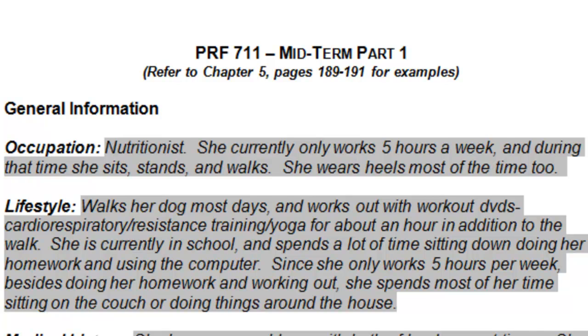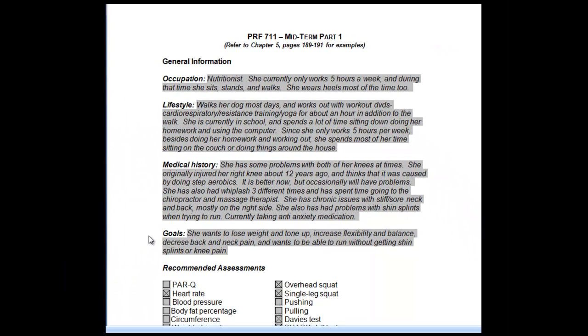So instead of saying lose weight and tone up, we could say that this client, Sally, who is a pretend client, wants to lose 5 pounds of fat and increase tone. So she wants to lose 5 pounds of fat, and she would like to be able to wear her favorite shirt and be pleased with the way she looks. Increase flexibility, so you'd say I'd like to increase her range of motion on her squat, or improve from 10 degrees of dorsiflexion to 15 degrees of dorsiflexion in both ankles, or improve the single leg balance assessment time from 2 seconds to 12 seconds, whatever it may be, but add in some specifics along with that.